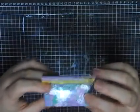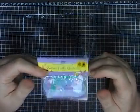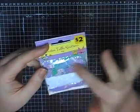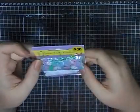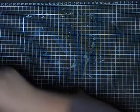I saw someone use these in a pocket letter for another YouTube lady, and I really liked the little Easter eggs and the white bunny and the eggs. So I'll put those away for our Easter stuff. And then I got some